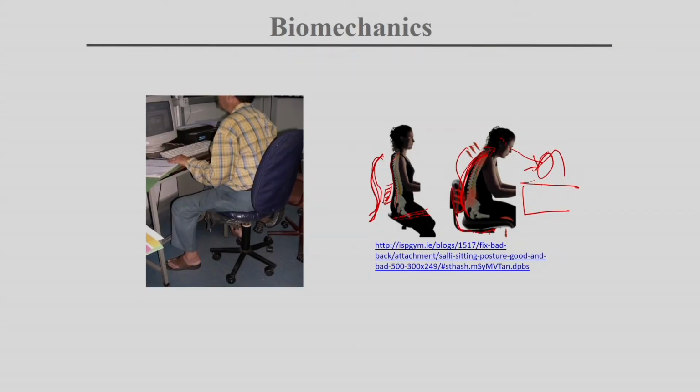Usually we are seeing a chair something like this. If you see this chair, it is a kneeling chair. In this case, it's not a 90-degree angle, this angle is much more than 90. In our conventional chair we will have something like this, and in this kneeling chair we have an angle like this. So it's not actually standing, but you have increased this angle. So if we increase this angle, the posture of the spinal cord will again be an S shape.